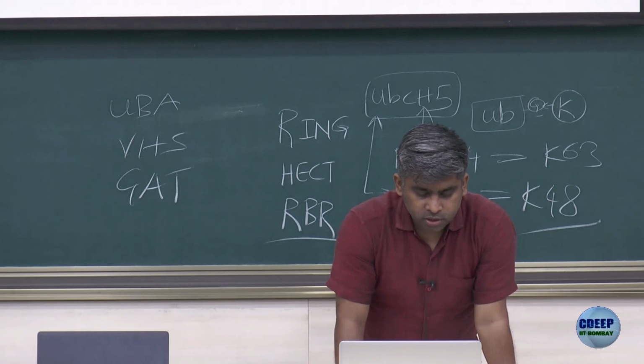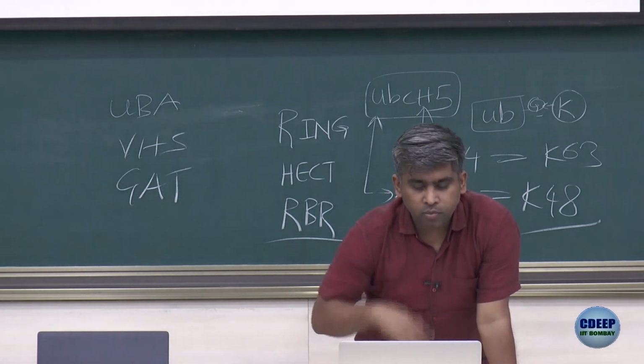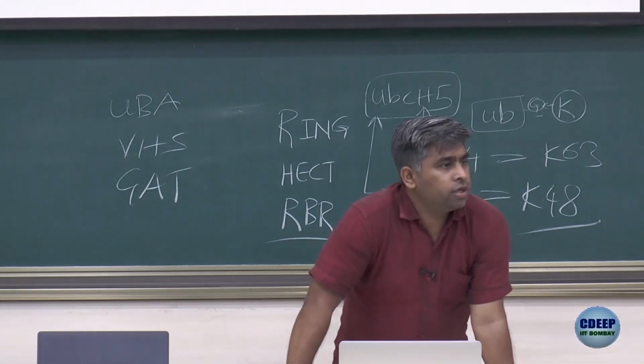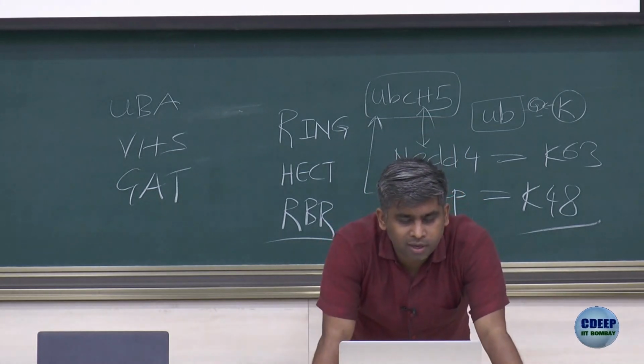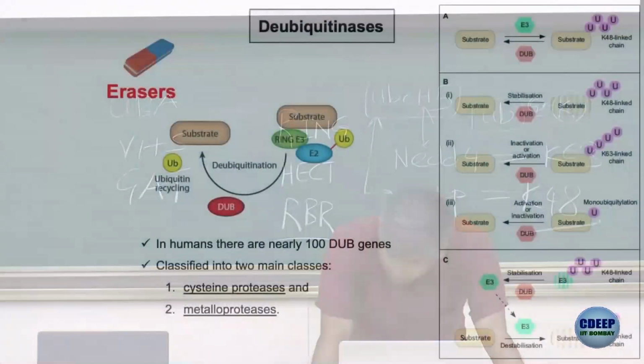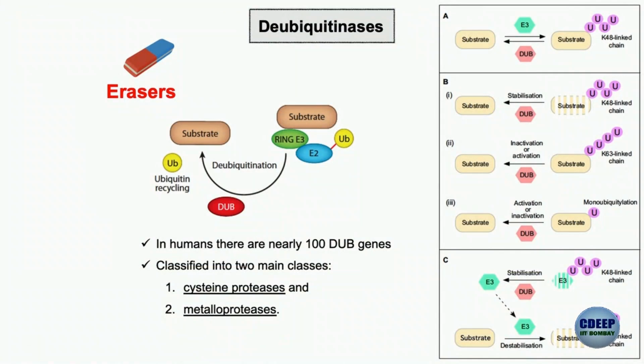Then there are deubiquitinases, which are erasers, nothing but they will remove the ubiquitin molecule from the substrates which are ubiquitinated, and there are two types. There are around 100 deubiquitinases; what is it called, metalloproteases, because they are dependent on some metal ion. So, for example, there are two types of deubiquitinases, which are cysteine proteases and metalloproteases. Cysteine proteases means they have cysteine as their catalytic residue, which is important for the deubiquitination, and metalloproteases depend on some metal